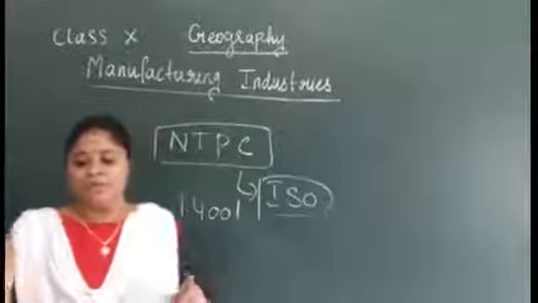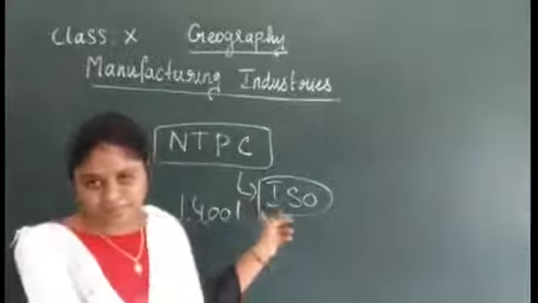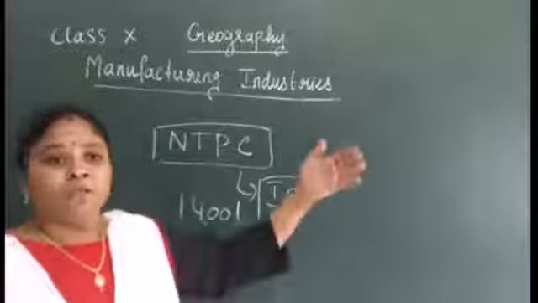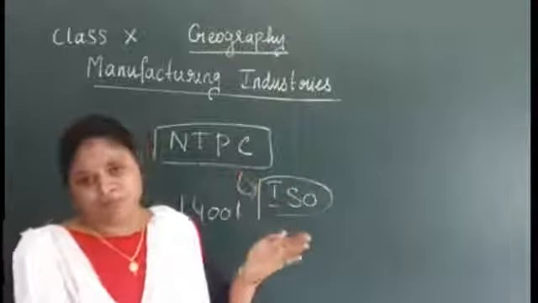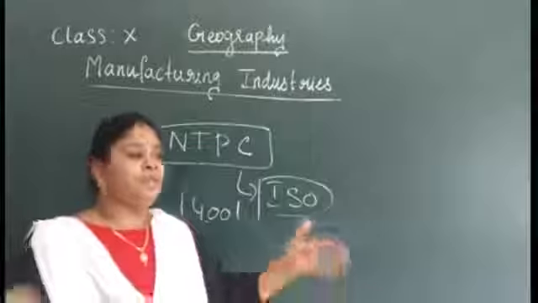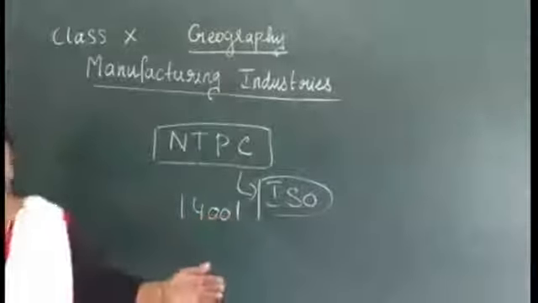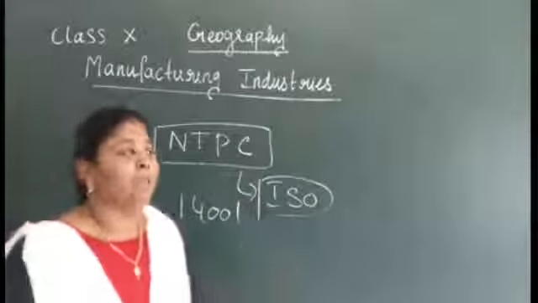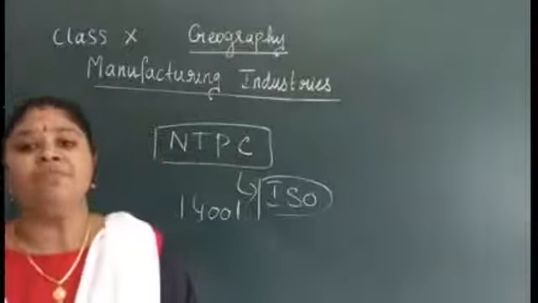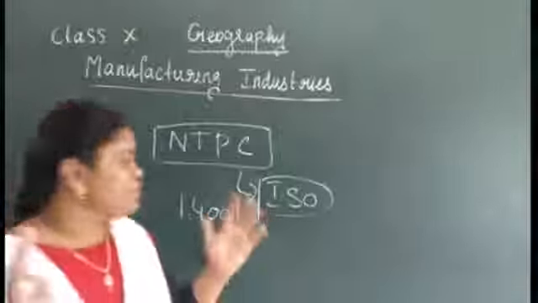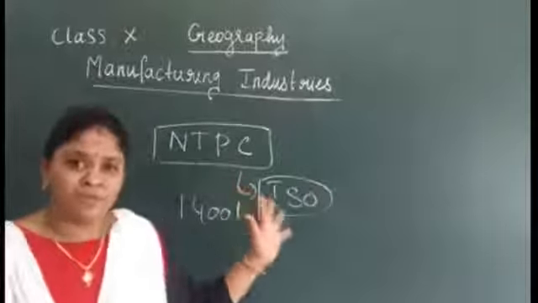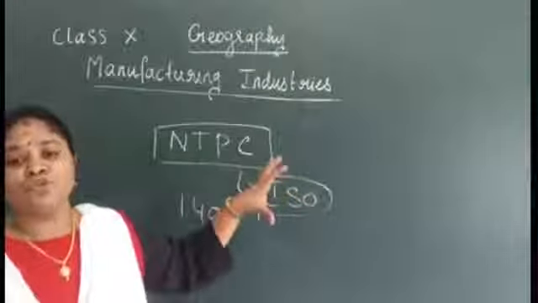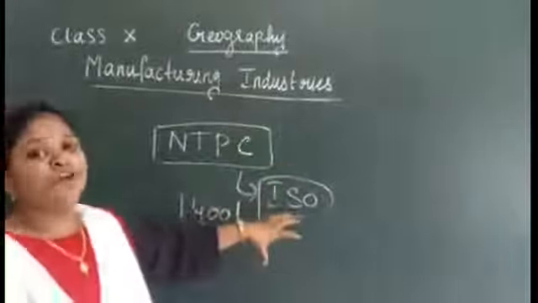Also you can find that the areas where they have these kinds of plants are covered with green plants. On both sides of the roads, you can find trees which have been planted continuously. These plants help protect the environment from getting polluted. That is the reason they are considered an industry or plant which maintains the environmental condition.